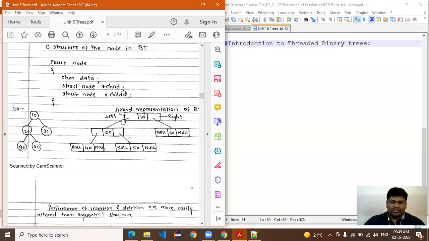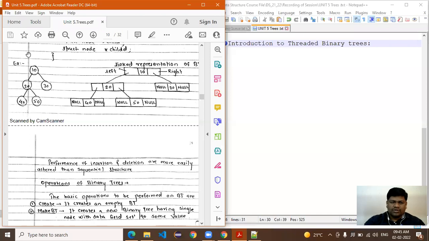So this is the binary tree: 10, 20, 30, 40, and 50. Now, how to represent this binary tree by using the linked list representation?